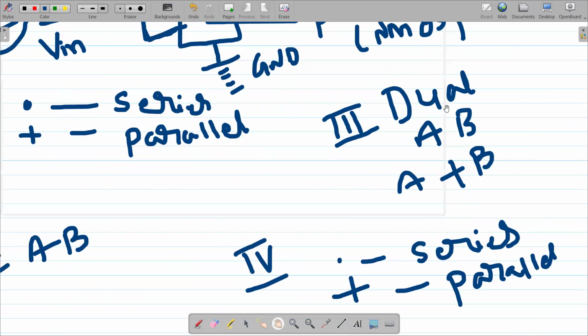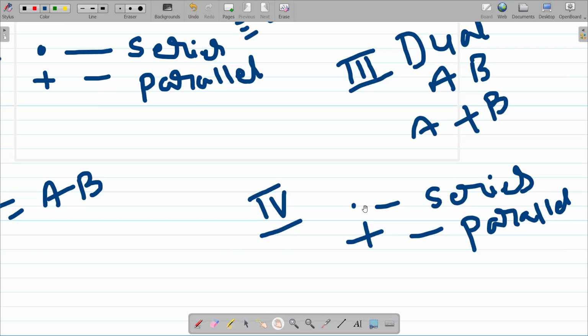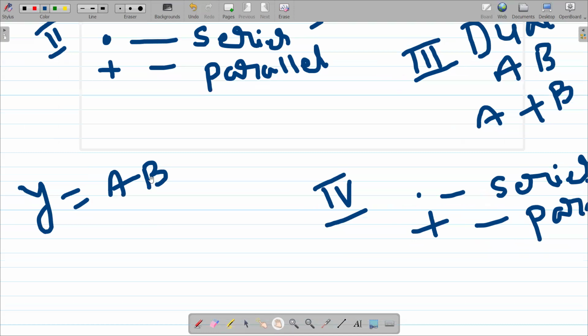Then you take the dual of that given expression. Again, in the pull up section also, you follow dot for series connection and plus for parallel connection. Everything is the same. But since the output comes in inverted form, and this given expression is not in inverted form because there is no bar,